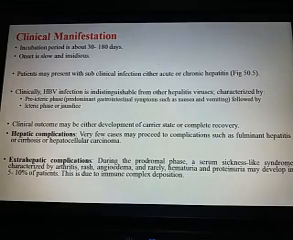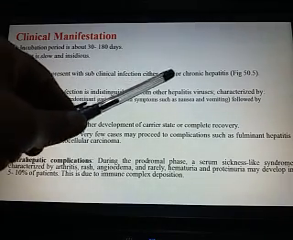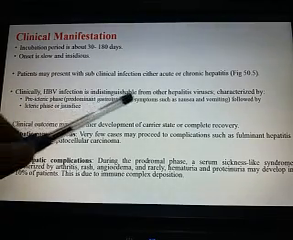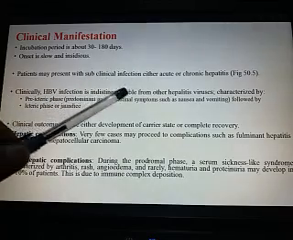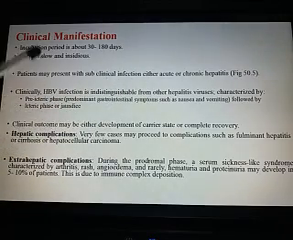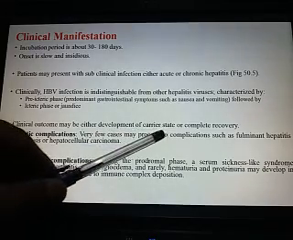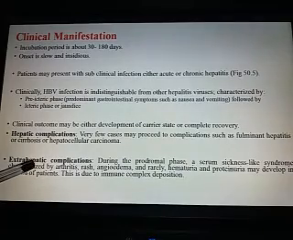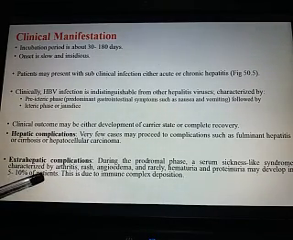the more dangerous. Patients may present with subclinical infection. Clinically, hepatitis B infection is indistinguishable, because all other hepatitis viruses cause similar types of symptoms. Hepatic complications: very few cases may proceed to complications, that is fulminant, and extra hepatic, only 5 to 10% of the patients may develop